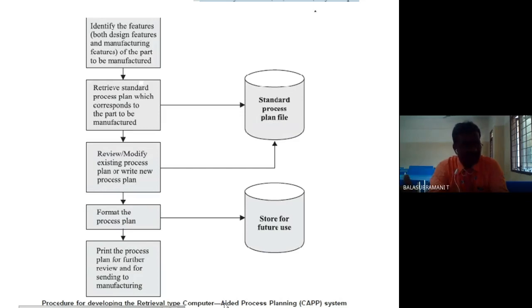But in the case of computer-aided process planning, the part making, design process or process planning takes very little time. In the variant approach to process planning, we use the group technology concept. The group technology concept plays a very important role in the manufacturing sector. The industries are divided into two categories: one is process layout, another is product layout. The industry layout based on the process is called process layout. In the industry based only on the product, the machines are arranged based on the product only.